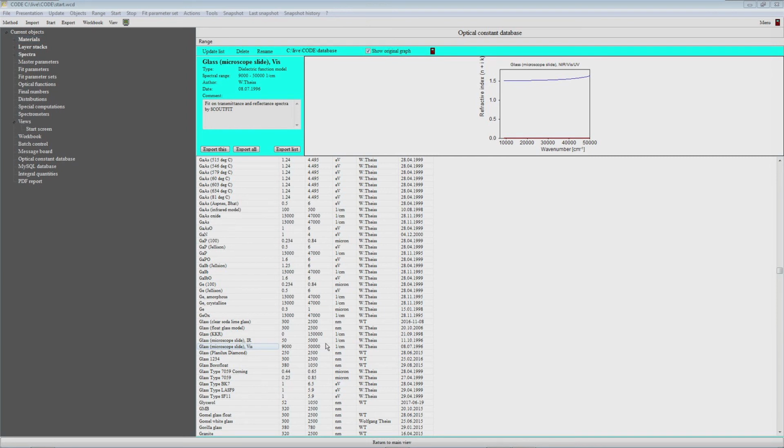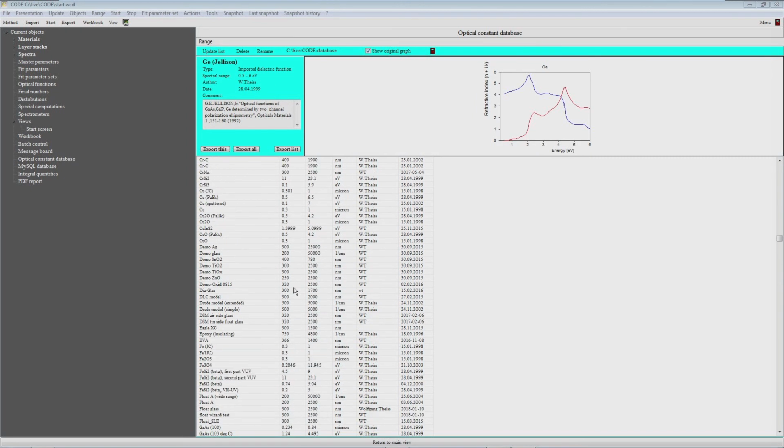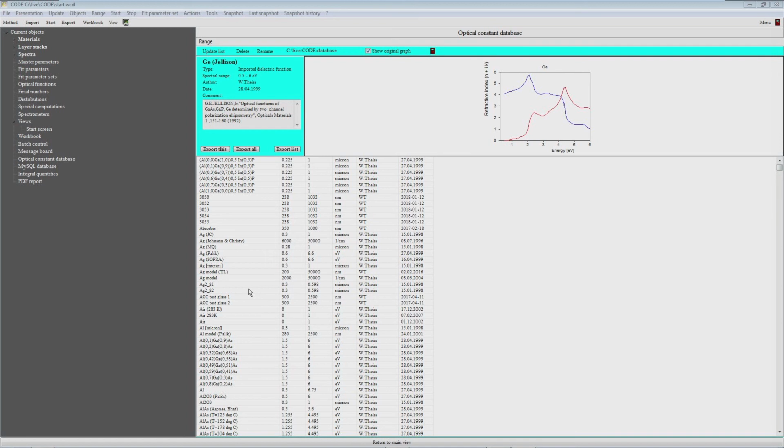I have made a separate video about that. So let's assume that we have done the substrate characterization carefully and correct. So we can use the microscope slide glass here, and it's a 1 millimeter glass, which has been used for these experiments. For the silver, I use the silver model, the AG model TL item of my database, which I use very often. And once we have the materials here in the list,